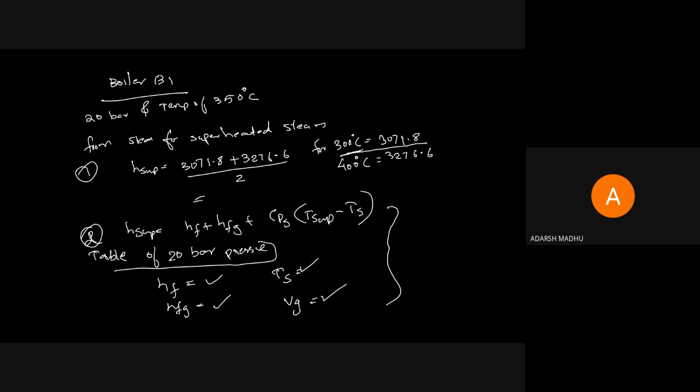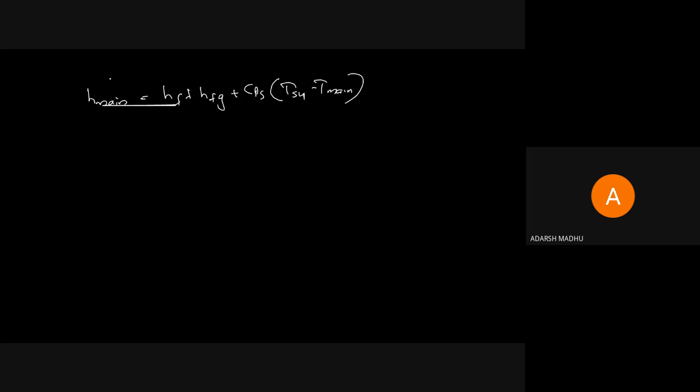Because the same equation we are using, the same reading of CP value, HF value, HFG value, TS value are taken for the two, that is for mains and first boiler. It will not be the same because here you want to take the H superheated value as